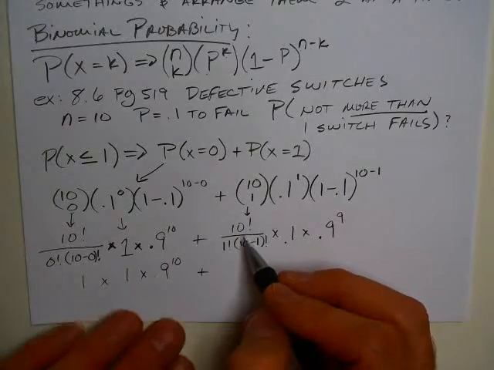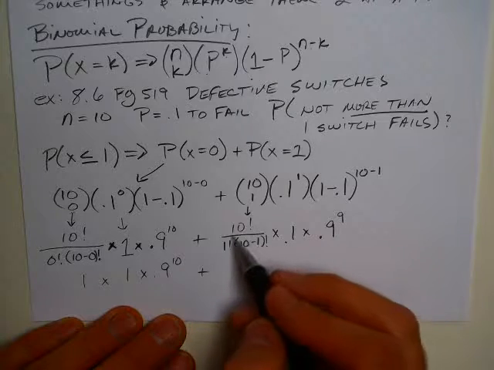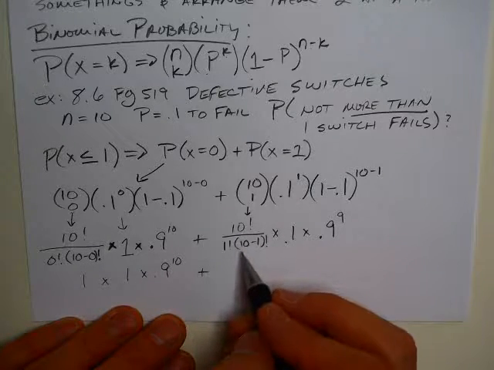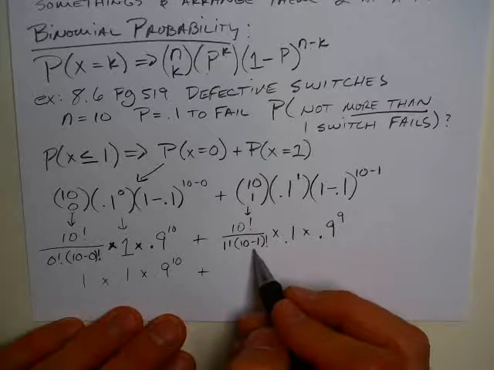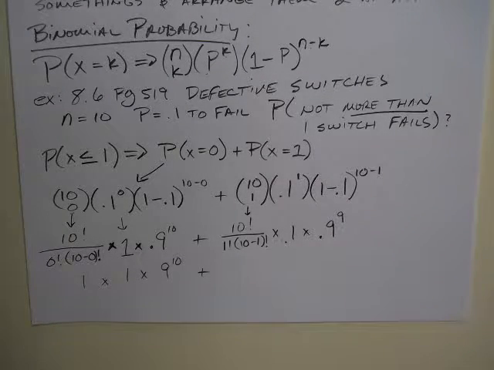Plus, 1 factorial is 1. 10 factorial is 10, 9, 8, 7, 6, and all those numbers. 10 minus 1 would be 9 factorial. So 10 factorial over 9 factorial, it's going to cancel out everything past the 10. So the 9, the 8, the 7, the 6, and so forth are all going to get canceled out by this. So this just becomes 10